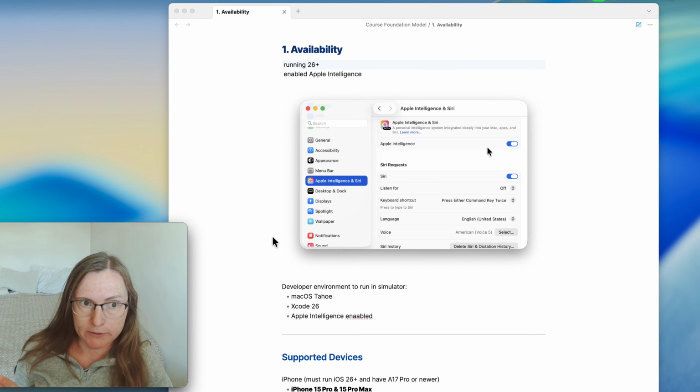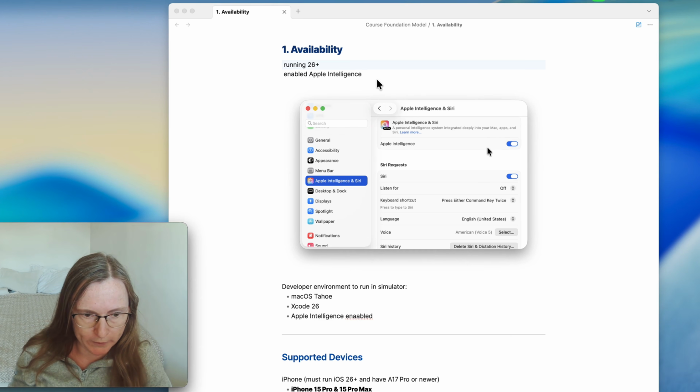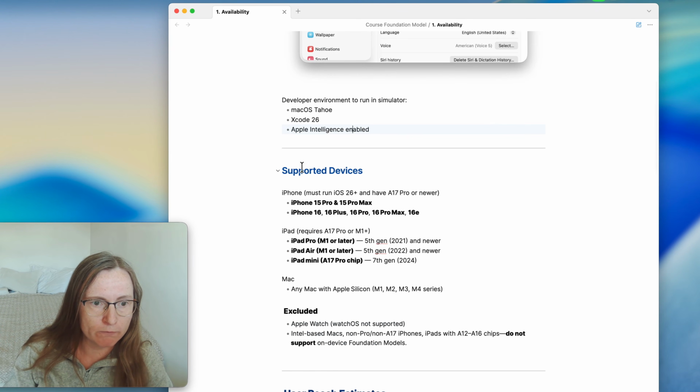Before we go into more specifics, I want to clarify a few things. First of all, the availability. If you want to test this, run this on the device, you need to have a test device that is running iOS 26, macOS 26 like Tahoe. If you want to do this on the Mac, you need to then on the device also enable Apple Intelligence, which will download the model, which is around 3 GB. This might take half an hour or a little bit, so you might need to wait. So if you have macOS Tahoe on an M1 with Apple Intelligence installed, you should be able to run this in the simulator. If you want to test this on a device like an iPhone, you need to have a